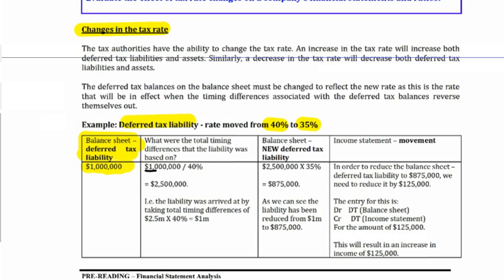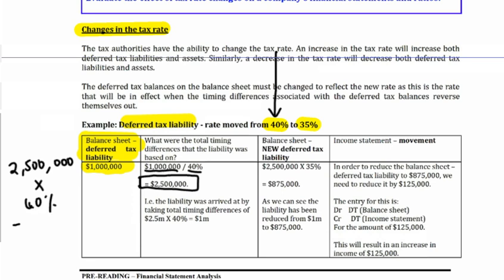Well, it was $1 million, that's the actual liability, but the tax rate at that time was 40%, so it would have been based upon what? Timing differences of 2.5 million. And what would I have said? I said, okay, my timing differences between accounting income and taxable income is 2.5 million, times that then by the tax rate of 40% that was in play at the time, and giving me a deferred tax liability then of